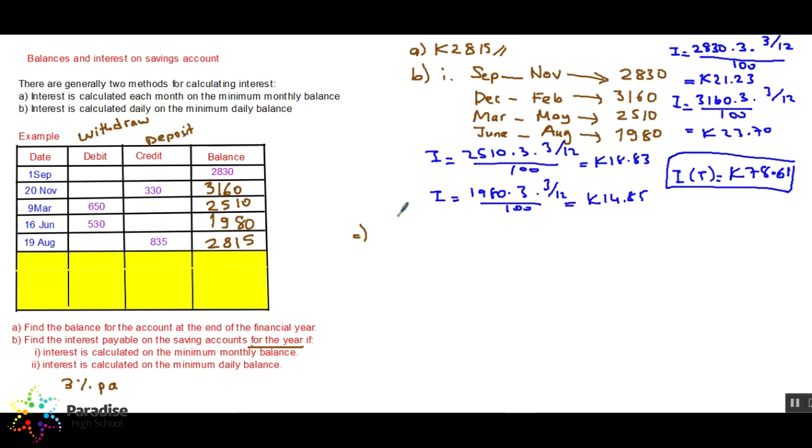That's fine. Now for the daily account, again, the bank will choose the smallest amount of the day. So from 1st of September, September 1st to